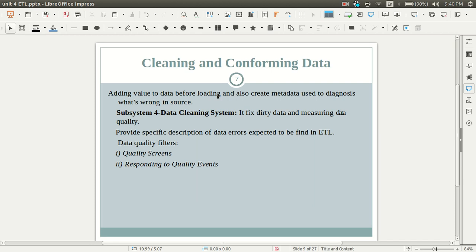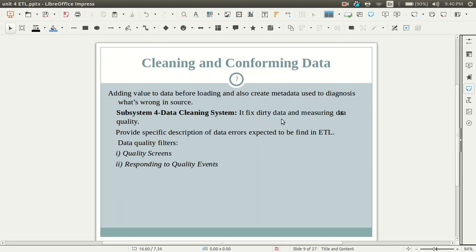Next component is cleaning and conforming data. In that, we add value to data before loading, and also create metadata used to diagnose what's wrong in the source. This is the main agenda regarding that component. Subsystem 4 is the data cleaning system.